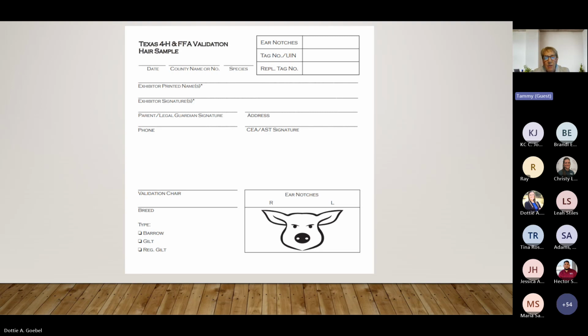And we will be changing the pig's head out this year on our new envelopes to make it a happier looking pig and not so much of an angry pig. So that's our DNA sample envelope. And that's what you'll be using this year to collect those hair samples in. If for some reason you don't get enough of those in your box when you get your tags, just reach out to us and we'll make sure you get some additional envelopes.